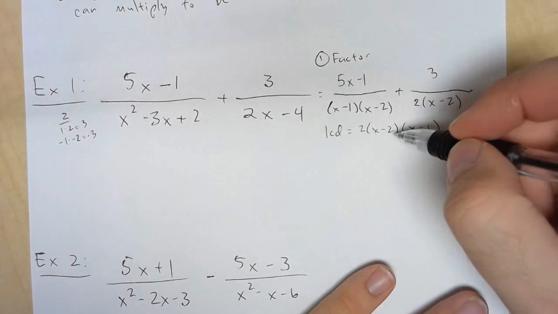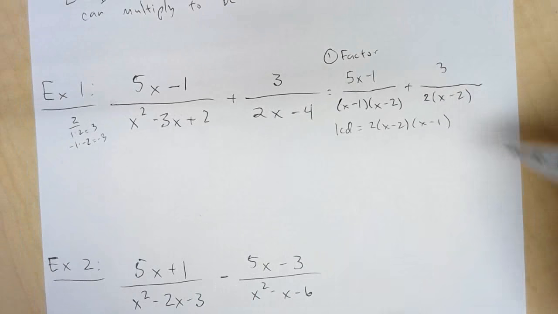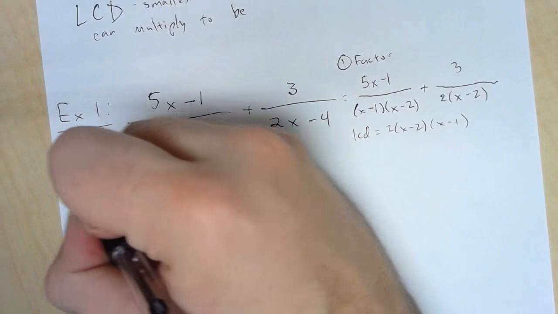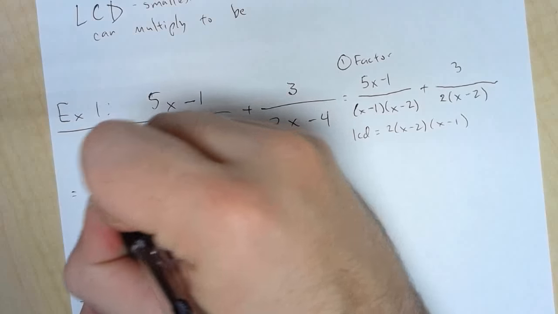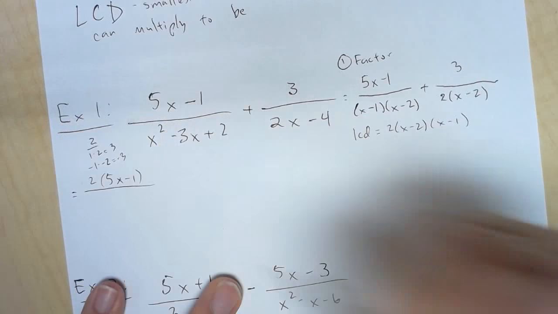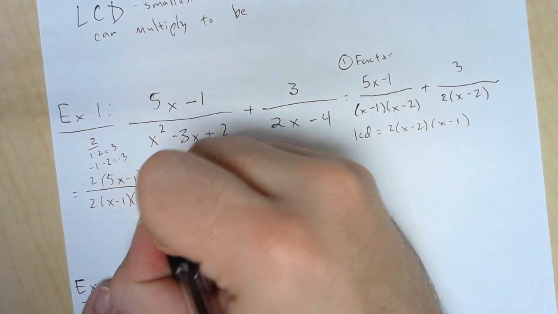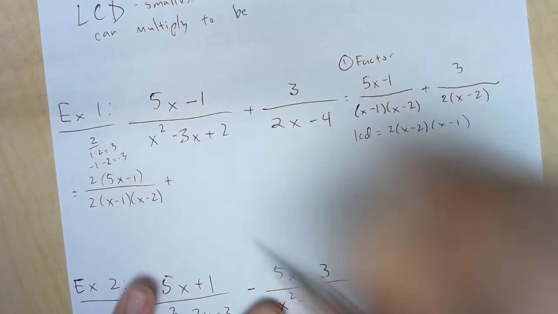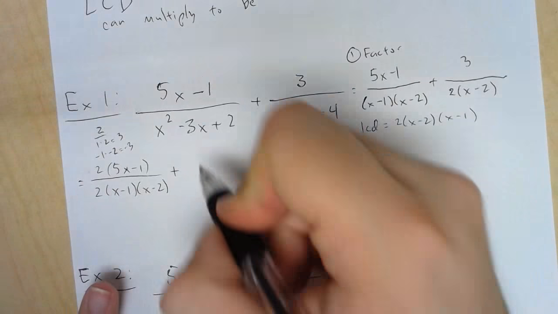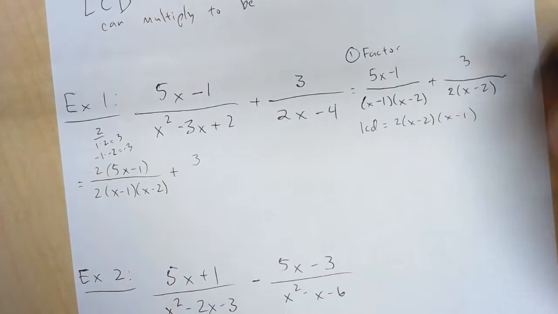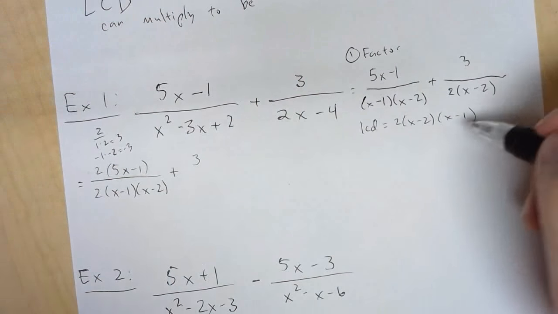Because it has a 2x minus 2, we just need to multiply by x minus 1. So that's what I'm going to do. So we're going to have 5x minus 1 times 2, and 2 times x minus 1, x minus 2, plus 3, and then we said the second one we need to multiply the top and bottom by x minus 1